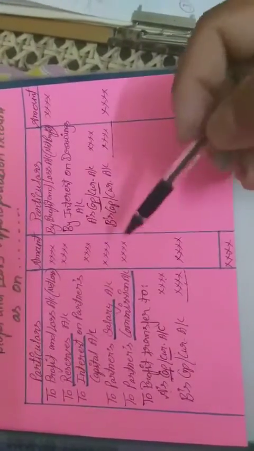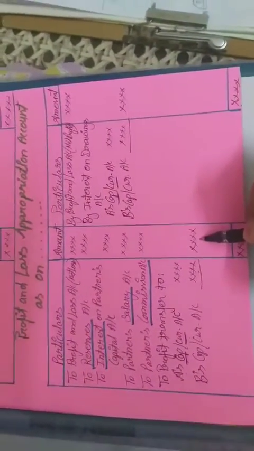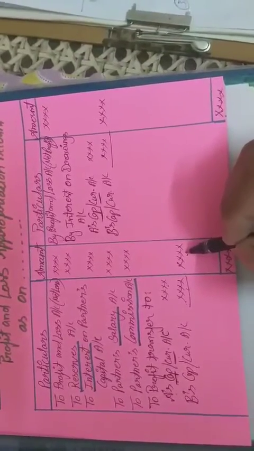If I total this side and this side, I will subtract all these transactions and the balance will be left, this one. So that is how I have identified and confirmed what the terms will be and what amount will be written here. This amount, this balance, is shared according to their profit sharing ratio.